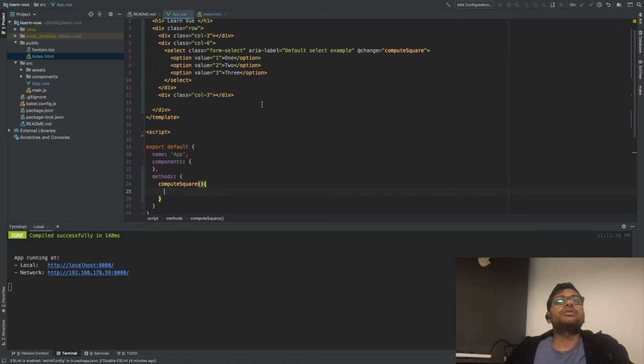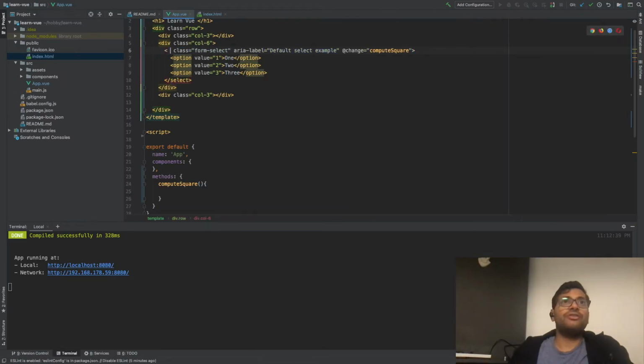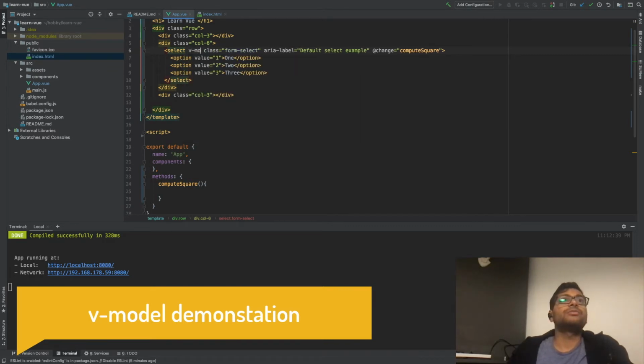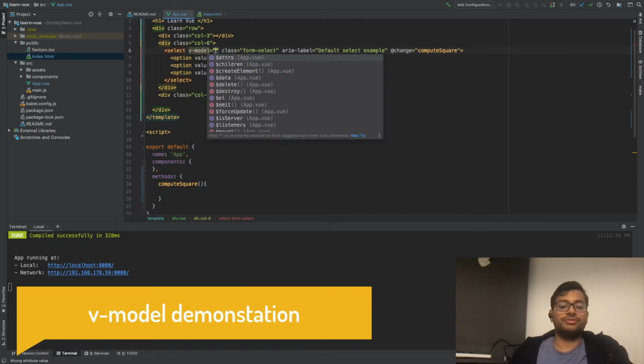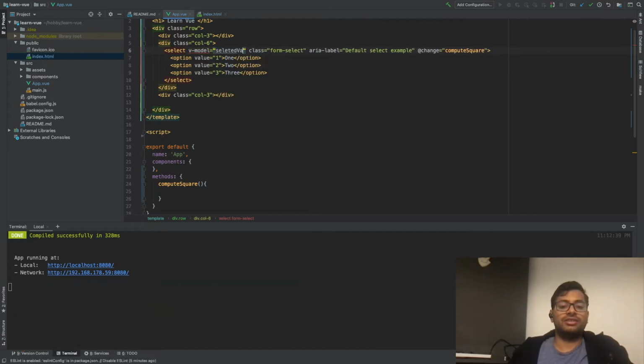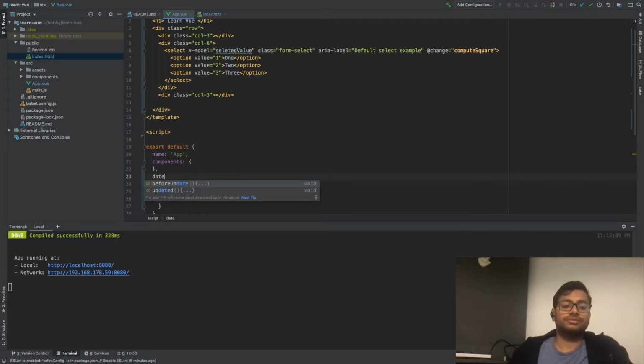and we need to know the value here. So what we can do is we can give an option of v-model, and we can make it selectedValue, and we can create something called data, and we can return some data here.